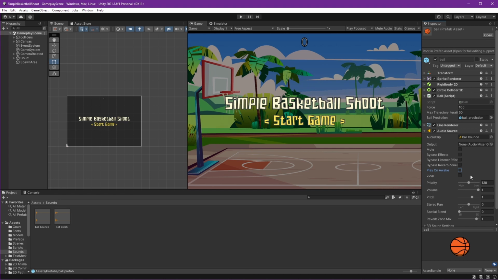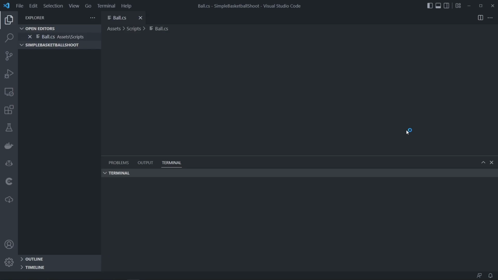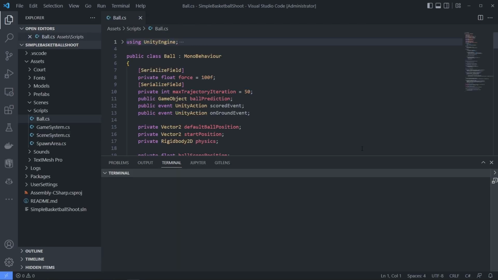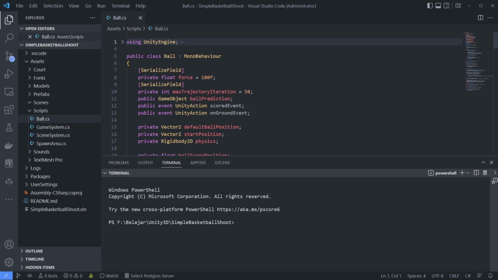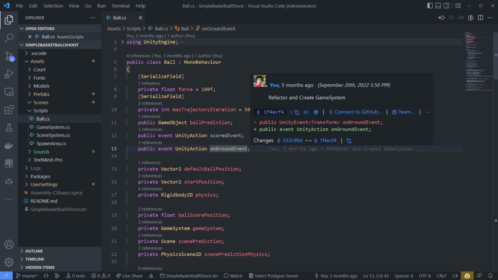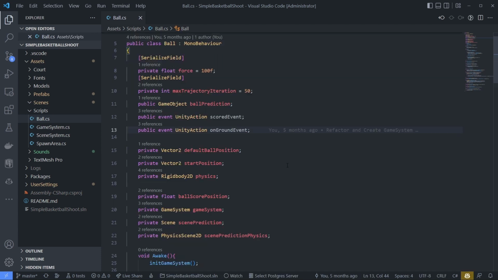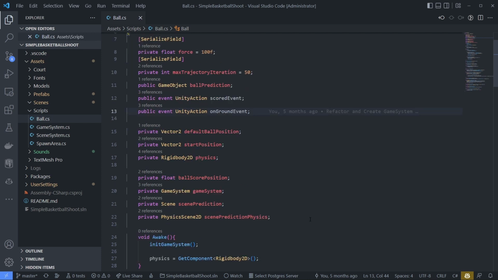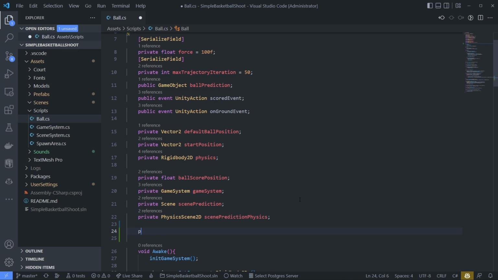And we can go to our ball script right here. Double click here. And now we have our ball script. Let's add our audio source. I think I will put it here.